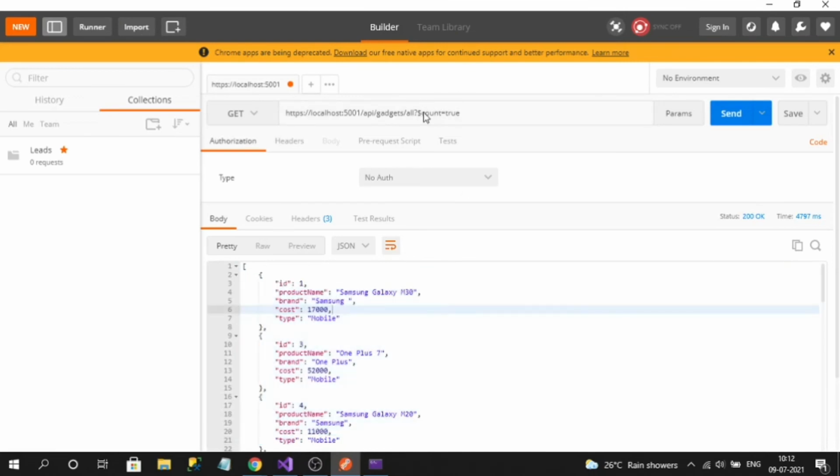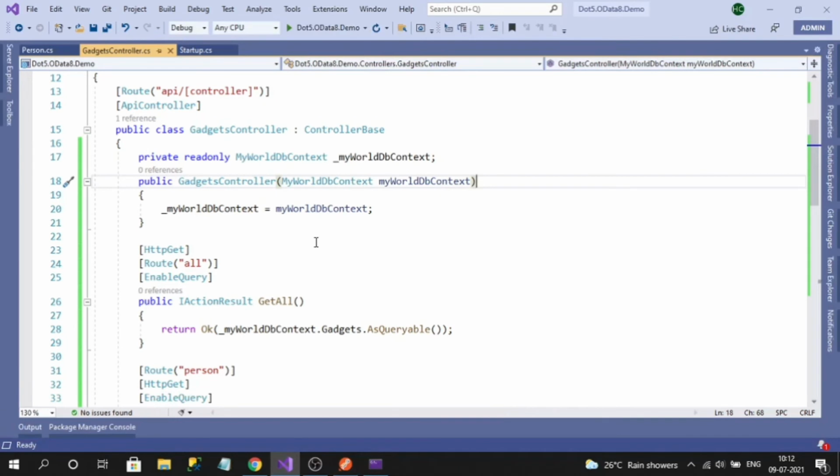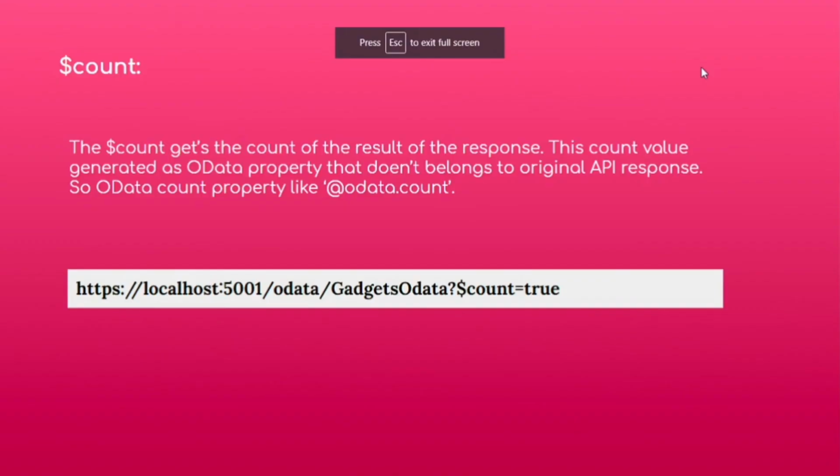Because count won't work. Why? This approach is on web API routing, meaning .NET endpoint routing, where OData filters are applied. So other than count, everything will work, but count won't. Why? Because count gets the count of the results of the response.